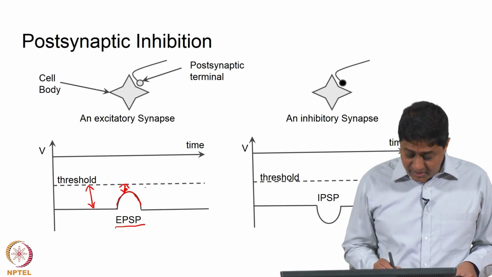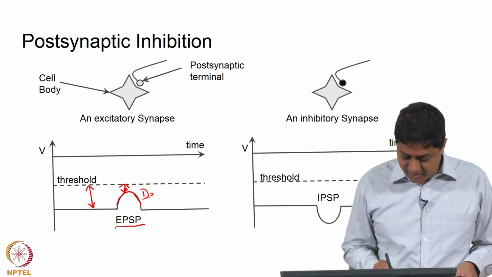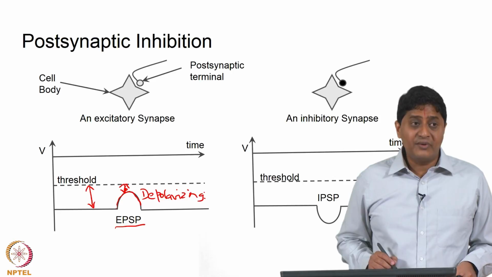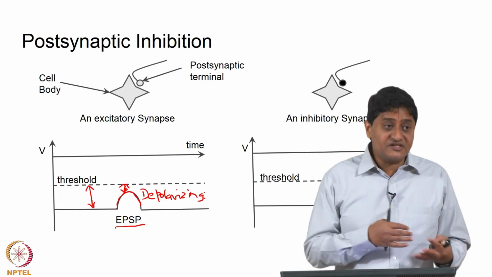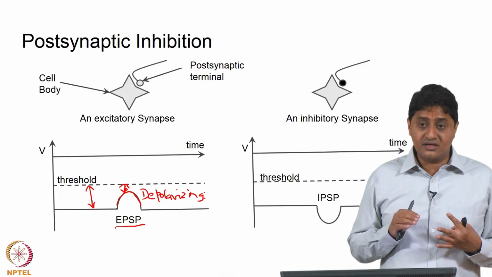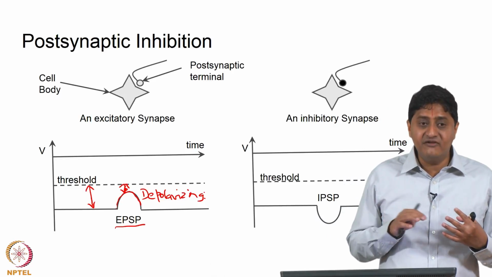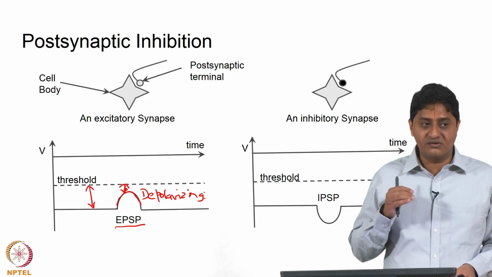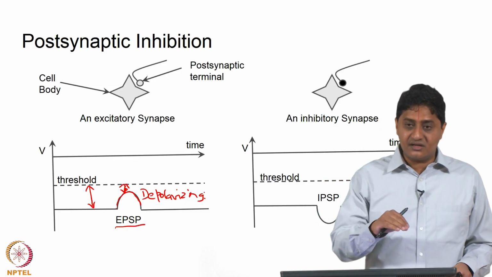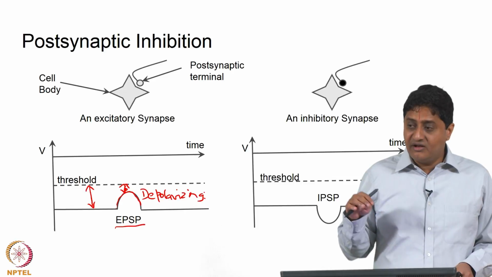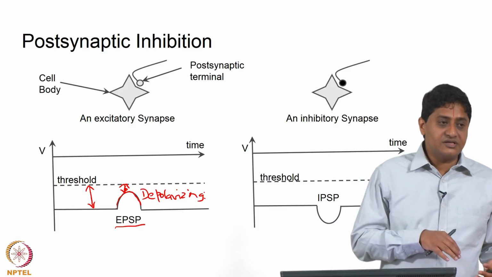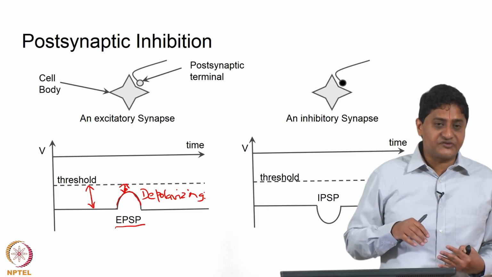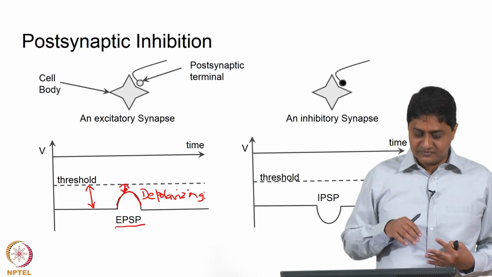By the way, let us remember that this is called depolarizing the membrane, is it not? How is this caused? By an inward current, by the influx of sodium. We decided to call the currents across the membrane an inward current and an outward current in our earliest classes. In the first few classes we said what is an inward current and what is an outward current. Inward current is a current that involves an influx of cations into the cell, or an outflux of anions from the cell.